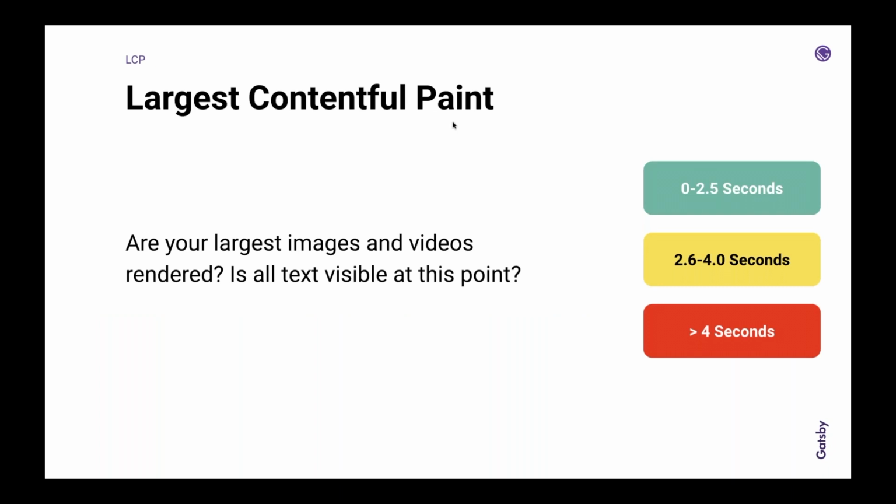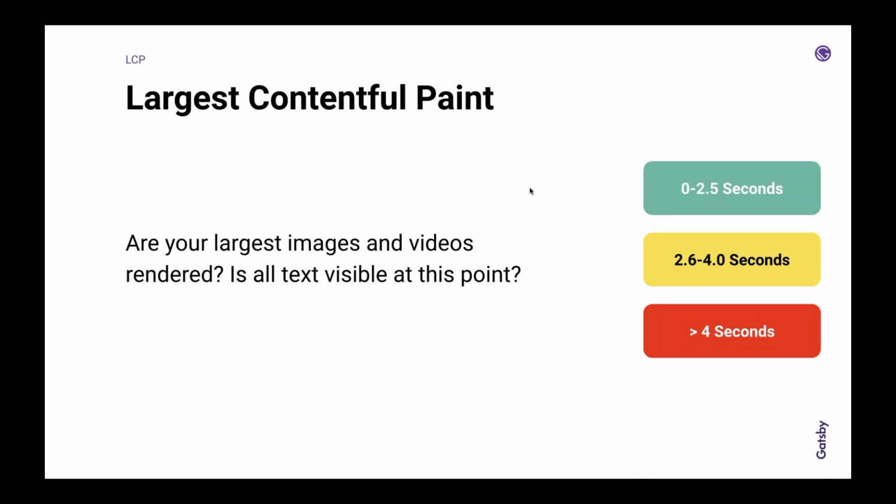So this is far and away the most important one, potentially, depending on your situation. Largest contentful paint does what it says on the box. This is how many milliseconds it takes to load the biggest thing on the page. Depending on your page, what that thing is might vary. Typically, you might expect it to be a big hero image in a banner, but it might also be a particularly large piece of header text, for example, or maybe even a cookie notice, depending on how your page looks.